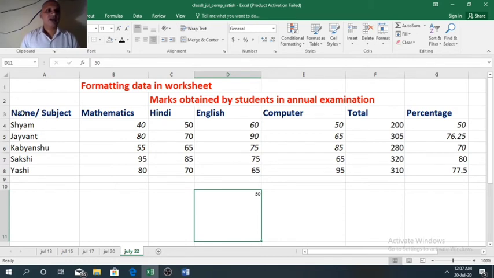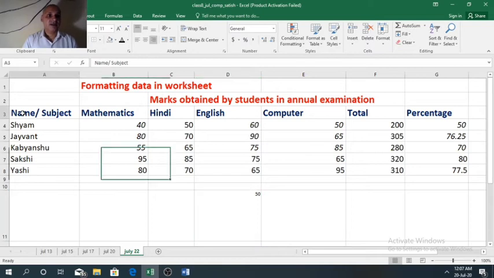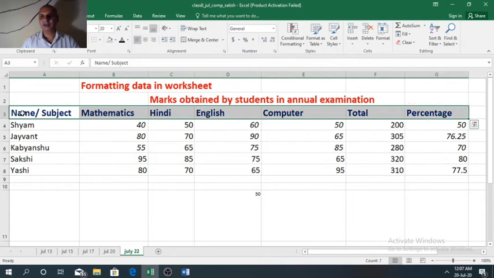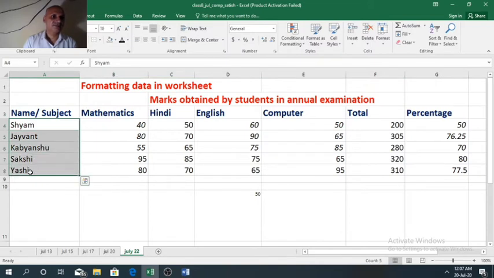Whenever we type data in an Excel worksheet, text data is by default aligned to the left side. In every cell you can see the data is aligned to the left side of the cell. In the same way, all the names of the students are aligned to the left side of the cell by default.